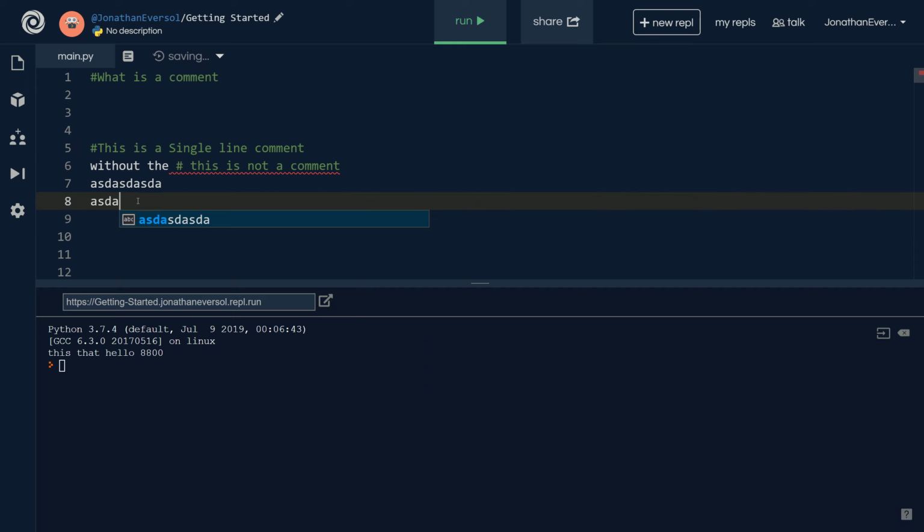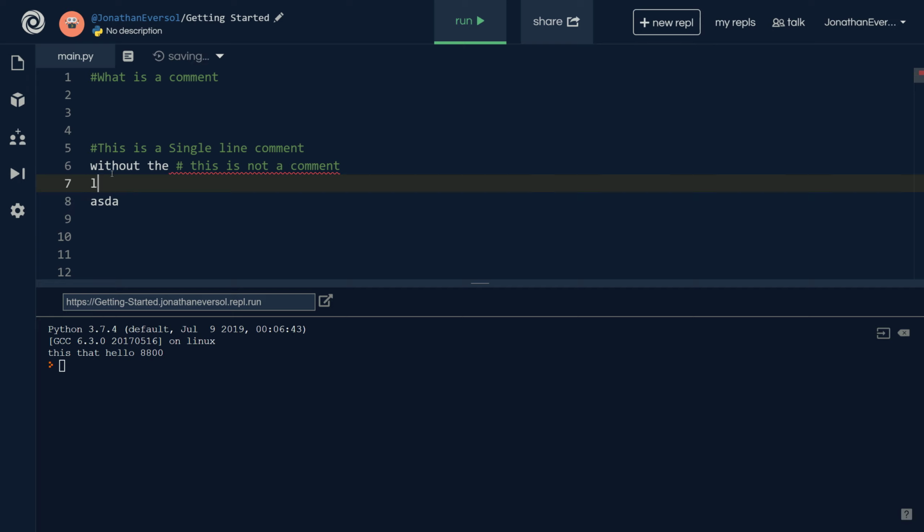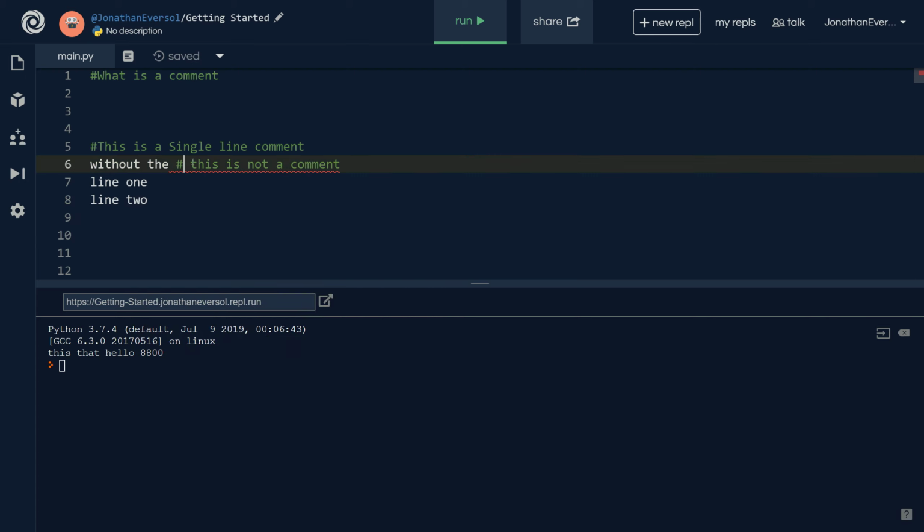So this is a single line comment. So if you had a bunch of lines of code, line 1, line 2, and you wanted to make them all comments, you could go to the front of each one of them and you could put a little pound sign and you could comment them all. Or